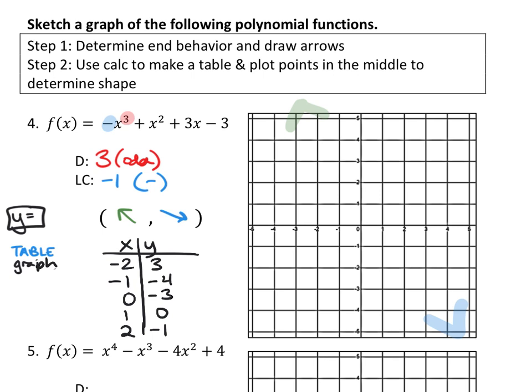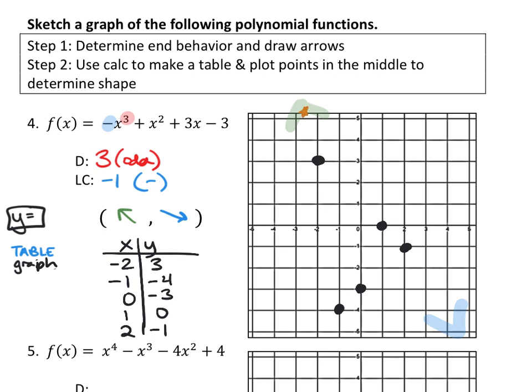So if we plot those points, it'll be -2, 3, -1, -4, 0, -3, 1, 0, and 2, -1. Polynomials require advanced connect the dots skills. When we did linear and quadratics, it was very easy to play connect the dots, but these don't really look like they go in a particular order, so you have to be very careful when you do the connect the dots step. To connect the dots, you start at the left end behavior, so you would put your pencil here